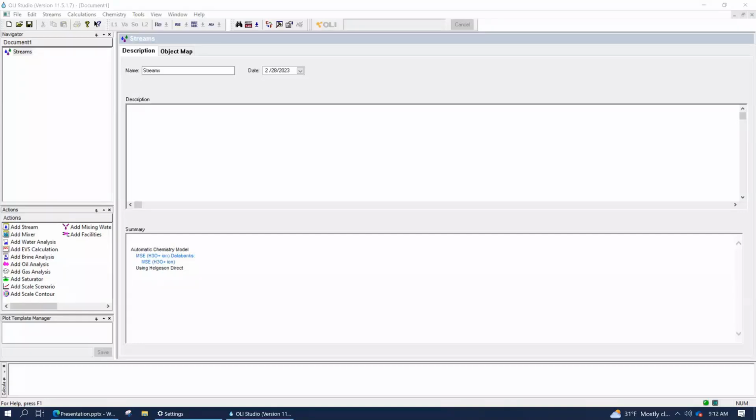Everybody should have the OLI flow sheet, Studio rather, on your screen right now. What I'm going to suggest is that everybody have 2 monitors. We should have done this before today. Does anybody not have 2 monitors? You can see my screen on one monitor and your own software on the other.